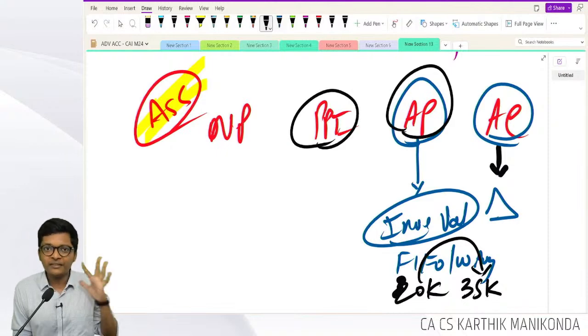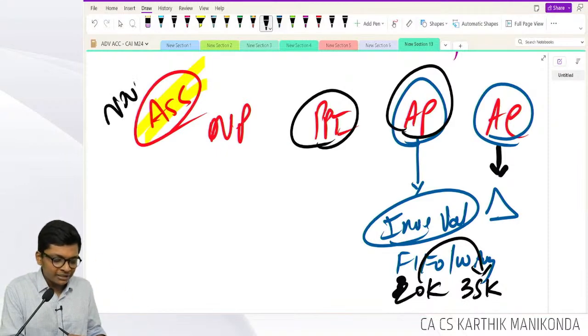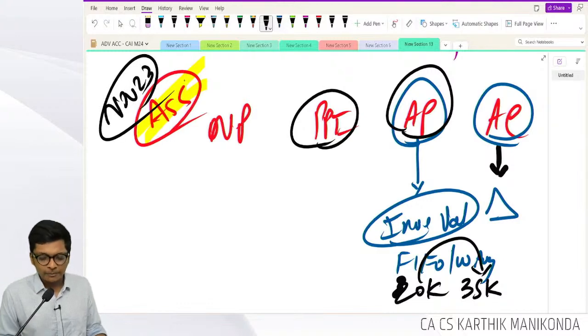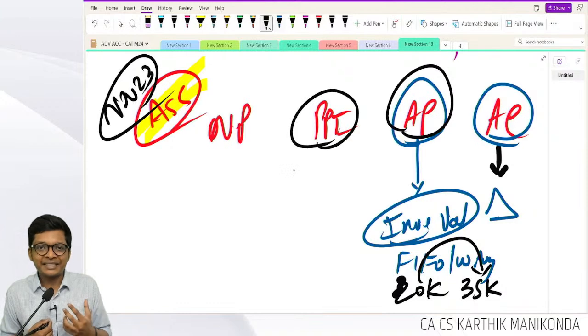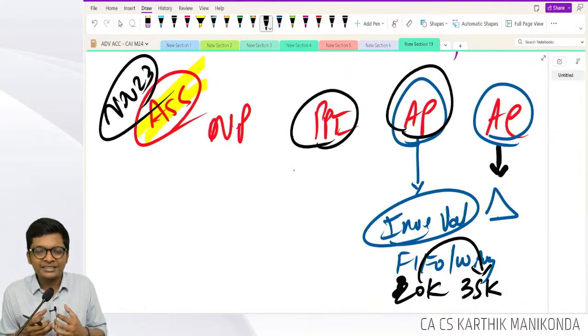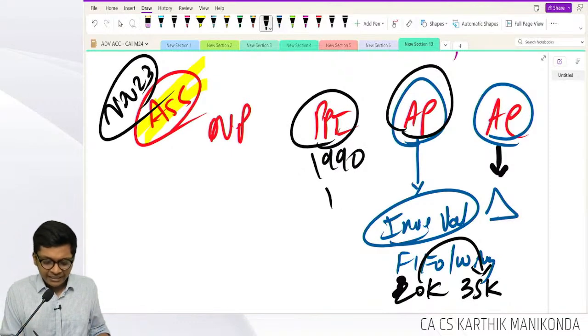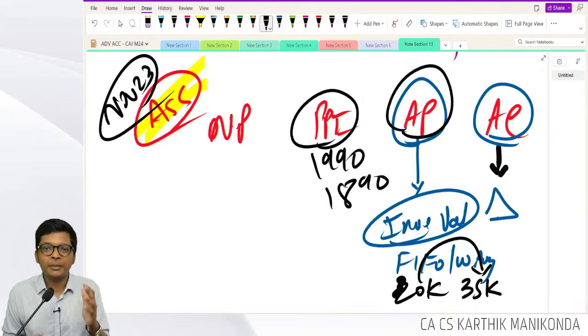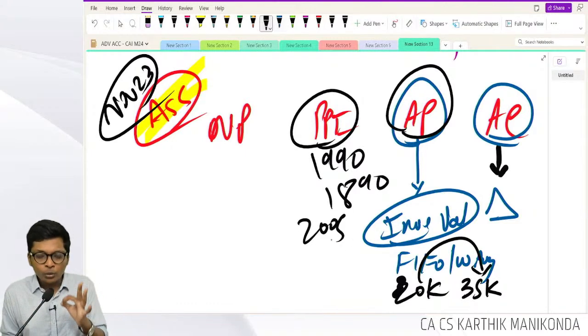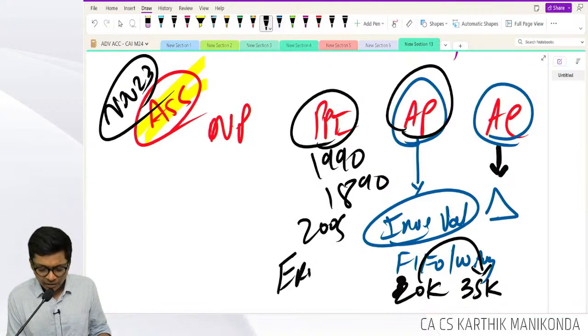Prior period items, very, very important for your November 23 exam. Expect it in the exam. Prior period items is basically, in the past I have done a mistake. Remember guys, in life everybody makes mistakes. So if you make a mistake, give me a chance to rectify it. In 1990, in 1890, doesn't matter. However many years back, 2005, I made an accounting mistake which is material, which is an error or an